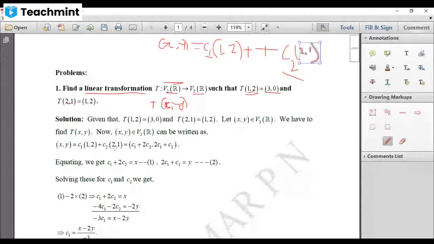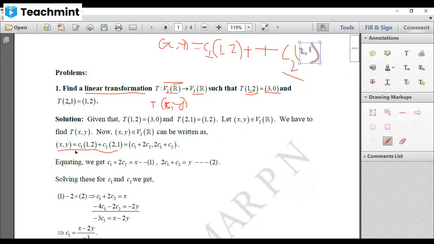Because in the previous class we proved a theorem, right? Wherein if you consider basis elements of the domain, then the images of those basis elements will be elements of the codomain. So here we are assuming that (1, 2) and (2, 1) is a basis of V2(R), then we are finding the image of that. That is the reason; because of that theorem, we can find it like this. And that theorem says that if it is true, then there exists a unique linear transformation which maps the basis of the domain to the codomain elements.